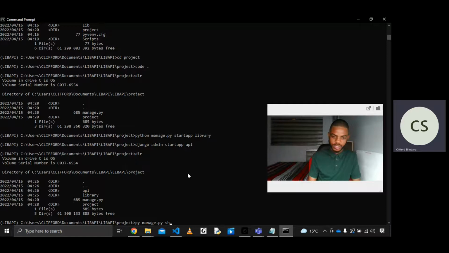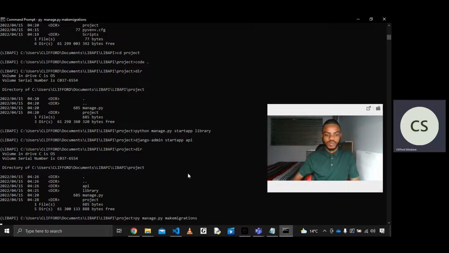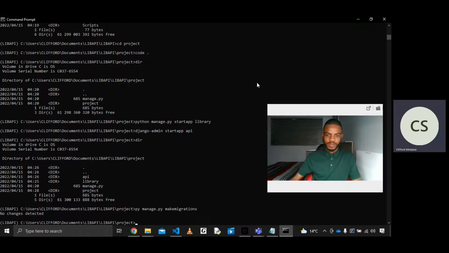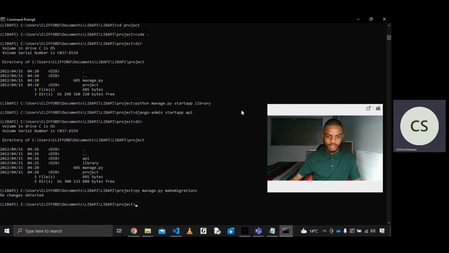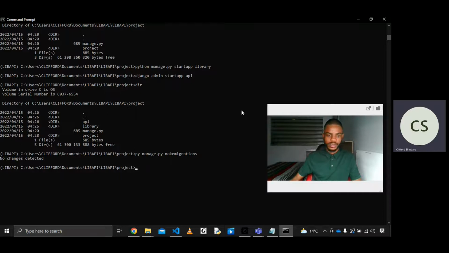Excuse me, shell is not the command I'm looking for. I'm looking for makemigrations. So makemigrations is really like a preparation, like you are preparing your database for migration. It's similar to adding files when you're working with Git, like preparing it so that it knows what it's going to migrate next. And then it's saying no changes detected,